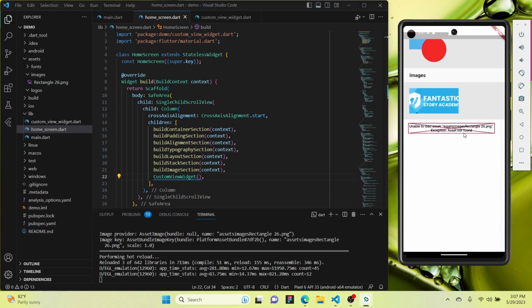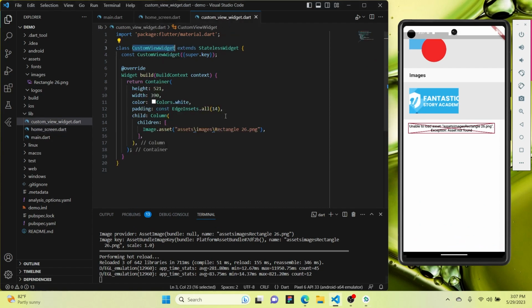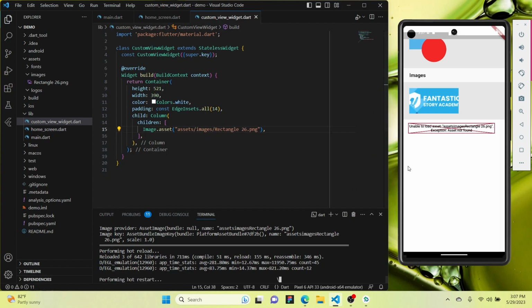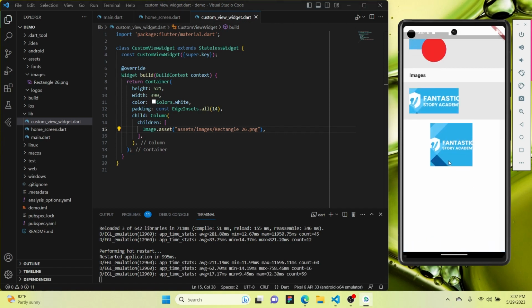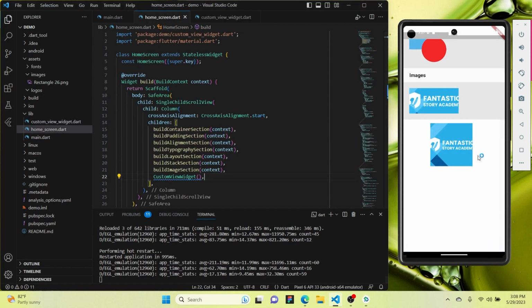Okay, there's an asset not found. Okay, there's something wrong here. Okay, the slash should not be this way, it's the other way around. You have to restart this. As you can see here, the image is here. So why isn't it